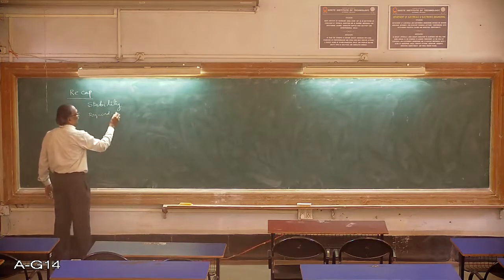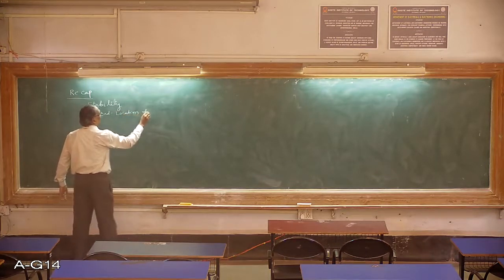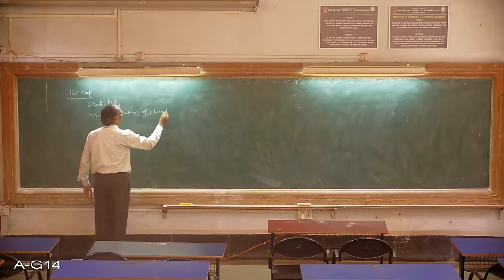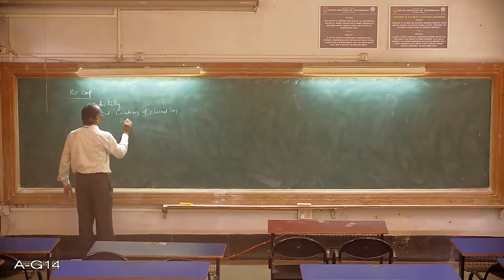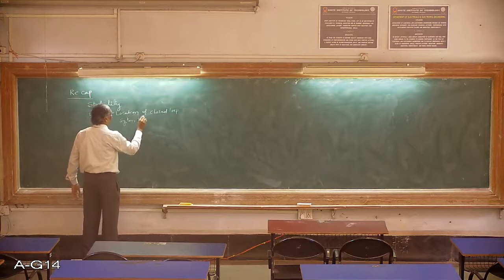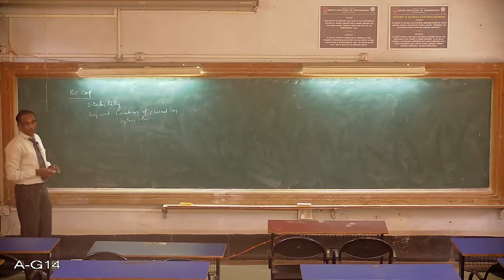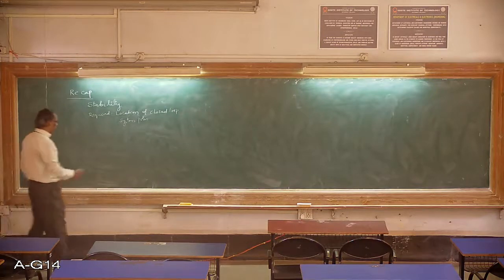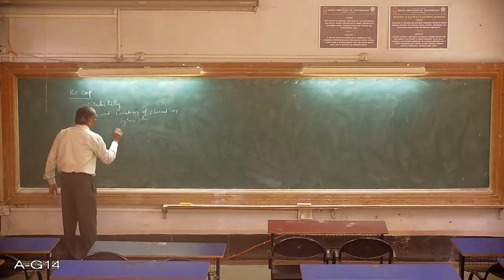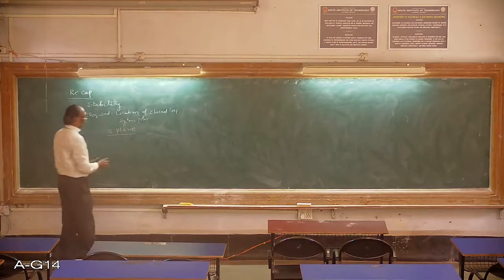Now, to test the stability, one of the requirements is that we must know the location of the closed loop system poles. And depending upon the poles, let me draw the S plane where the poles can be located.